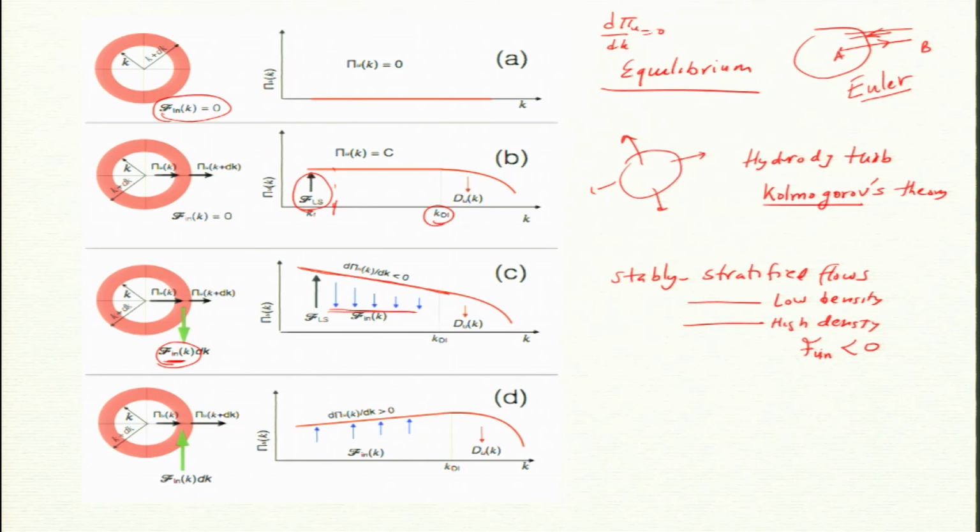Now, let us look at the other scenario when my force is positive. So, this green arrow going into the spherical shell means it is feeding energy. So, my force is positive, energy feed by external force is positive. So, what will happen to the flux? Flux should increase, which is your scenario. Now, can it happen, or where does it happen? In the inertial range only, but in a physical system. In real life, we have to find a scenario when this happens.